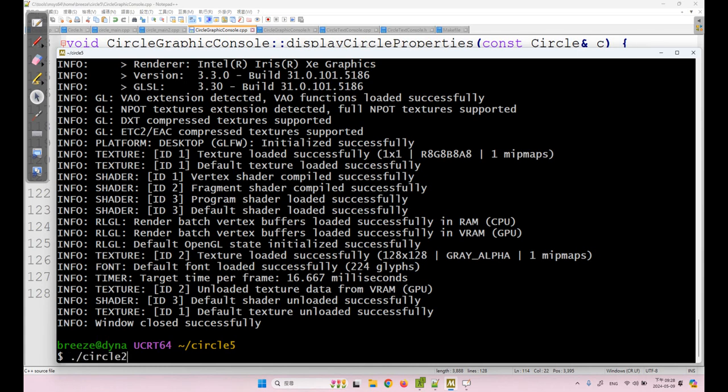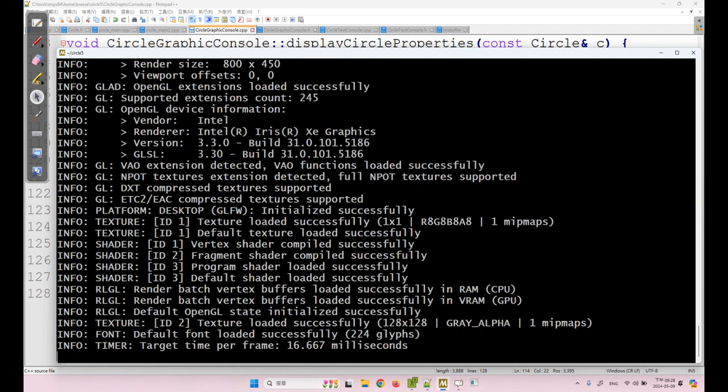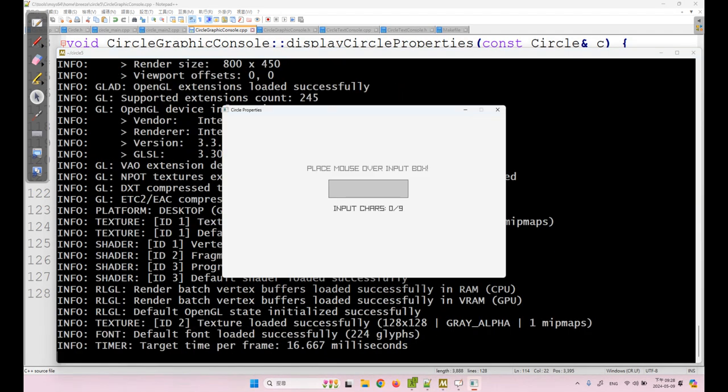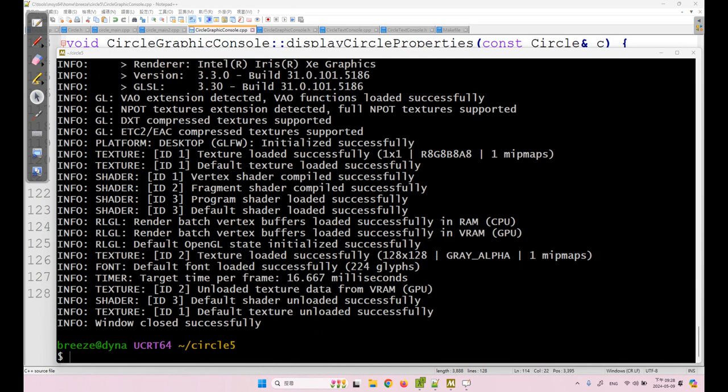Like this, circle 2, and now we have the input, say 60, press enter, and we use the same window for displaying the result. Close the window. So this is the revision 5. We use a window to represent the console. We don't create two windows. We just use a single